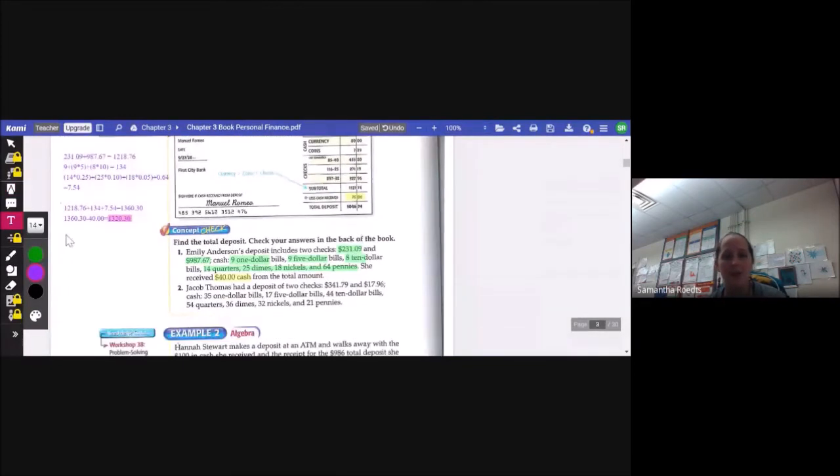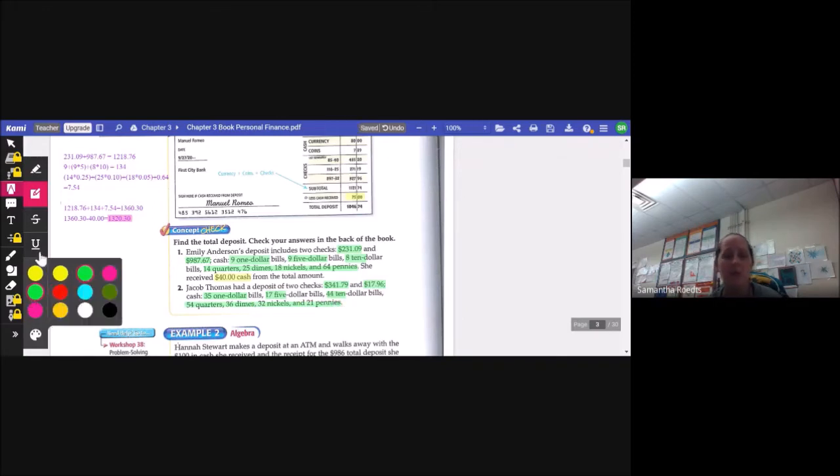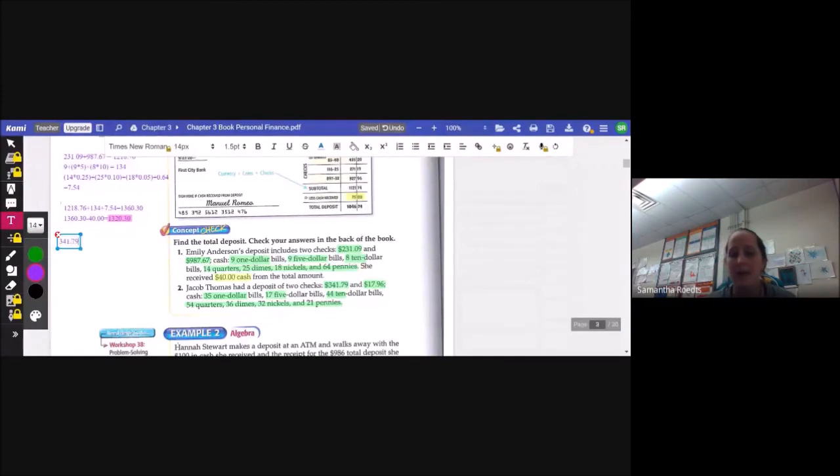All right, for the second one, Jacob Thomas had a deposit of 2 checks, $341.79 and $17.96, cash 35 $1 bills, 17 $5 bills, 44 $10 bills, 54 quarters, 36 dimes, 32 nickels, and 21 pennies. He's not taking any money out, so we don't have to subtract anything. So I just need to add these together. His checks were $341.79 plus $17.96